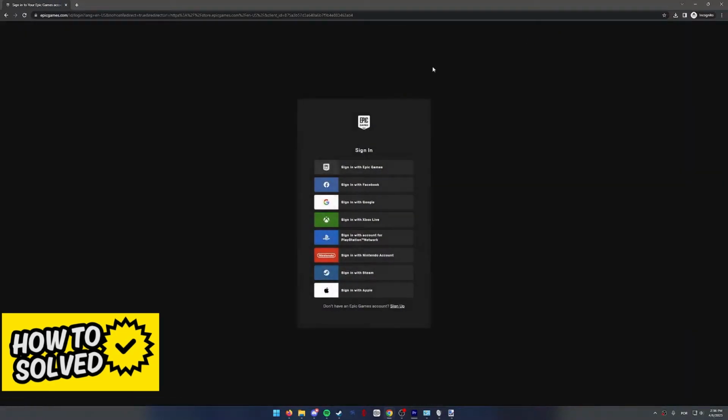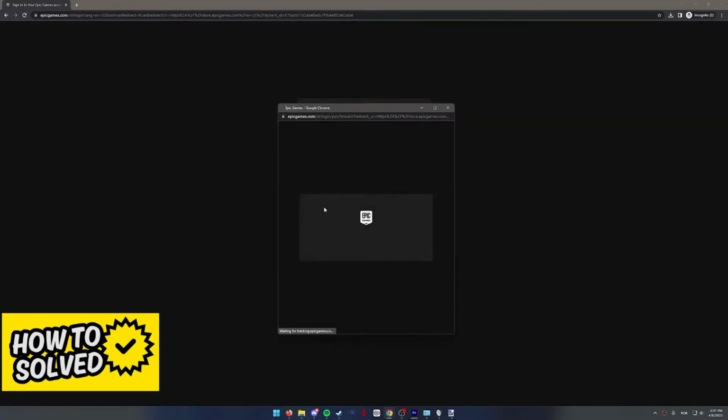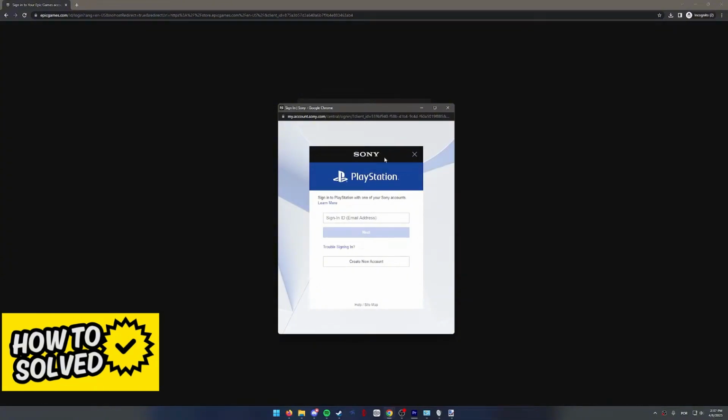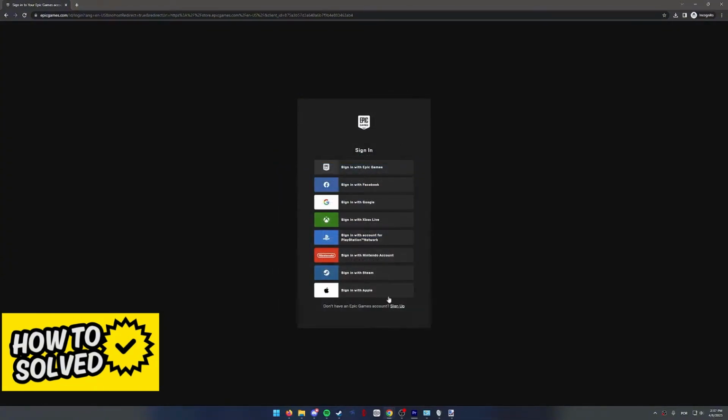Sign In. As you can see over here, if you don't remember your email or you don't want to log in using your Epic Games account, simply select Sign In with Account for PlayStation Network. You will be prompted to log in using your PlayStation credentials, so go ahead and input your PlayStation Network ID,